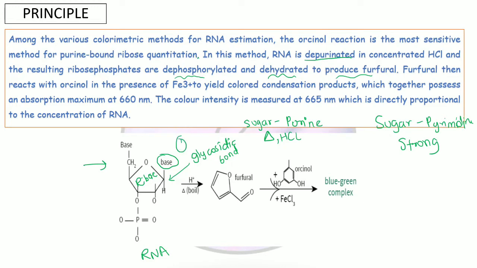Moving to the second point, what generally happens in the presence of acid and in boiling condition at high temperature is depurination, removal of the purine base, and the second one is dephosphorylation. Dephosphorylation means removal of the phosphate groups as well. So here is the phosphate group; it is also going to get removed from 3' as well as 5'. Now what remains is only the